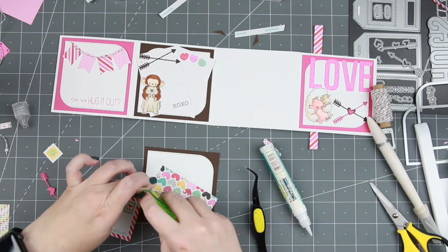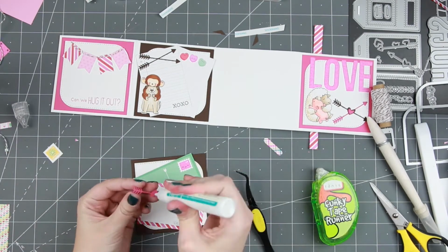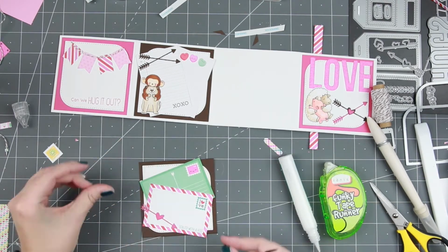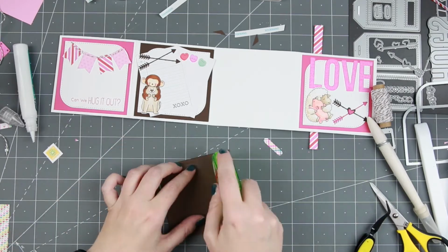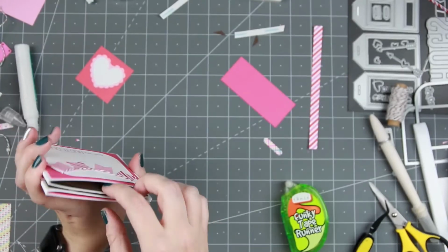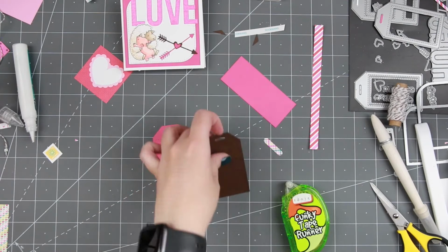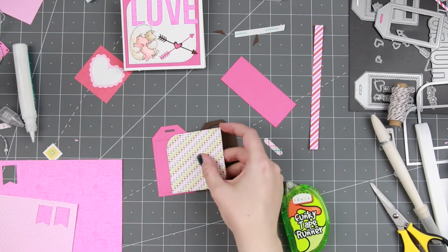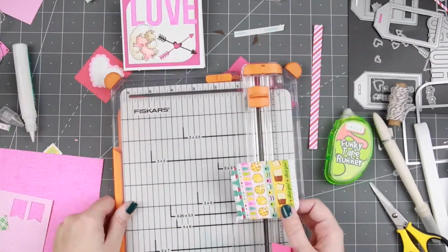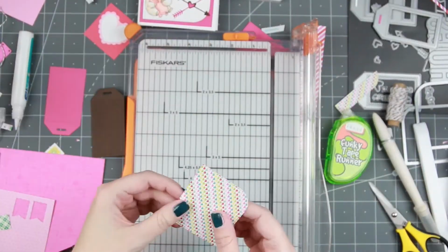And again, I don't know if you noticed it, but I have altered how the mod STAX die, the little white square with the rounded corners, are added to the card to make the card flow a little bit, to give it a little bit more motion. So yeah, for the last part, we are going to add some tags. So I'm using the tag builder die again, and then I'm gonna layer some pattern papers and some other white pieces of cardstock on those